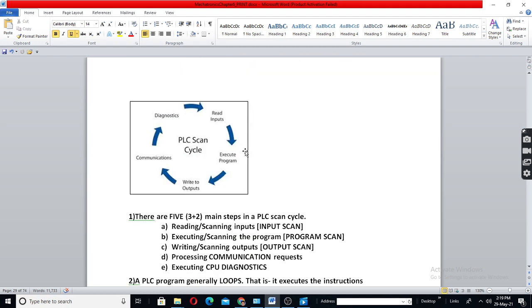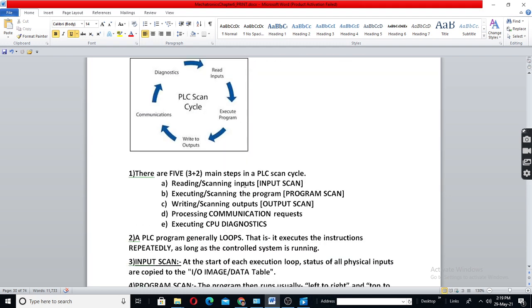Okay, so basically it has three steps: input scan, program scan, and output scan, plus 2. Mainly it is 3 plus 2. See, whenever you are in a home, you do mainly three things: input scan.